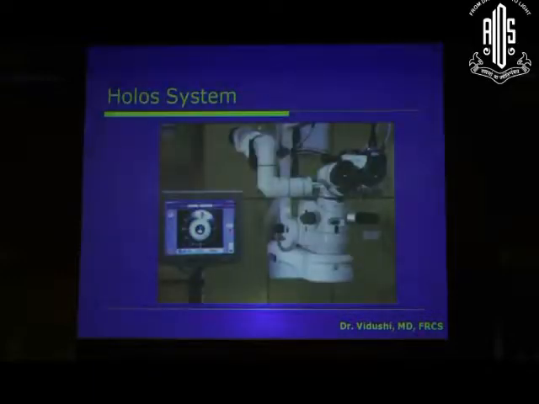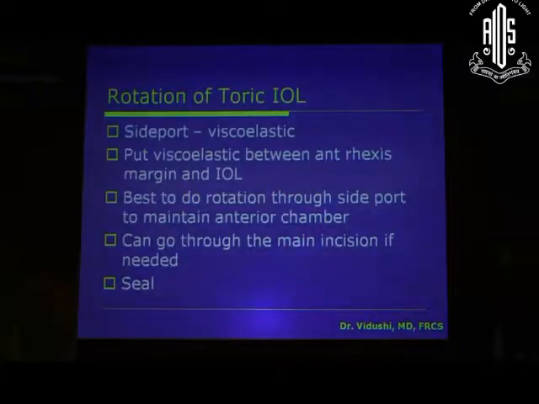And this is in the pipeline. This is not yet commercially available. This is the dynamic intraoperative aberrometry, where it is claimed that you actually don't have to do all this marking, etc. preoperatively, as it will become irrelevant, because you can put the IOL in and see how the aberrometry is changing with your rotation, and then you can finally select that position which gives you the least, a zero cylinder on the table. And these are more useful in cases like post-refractive surgery, etc.